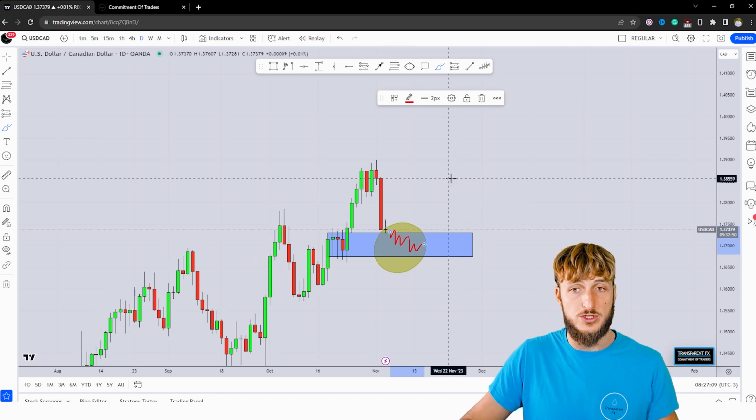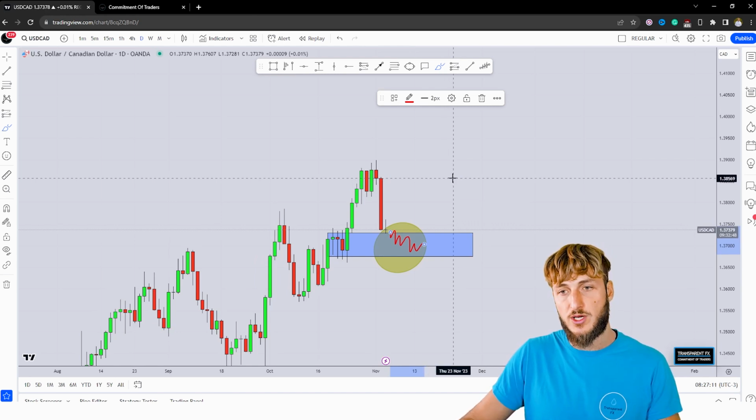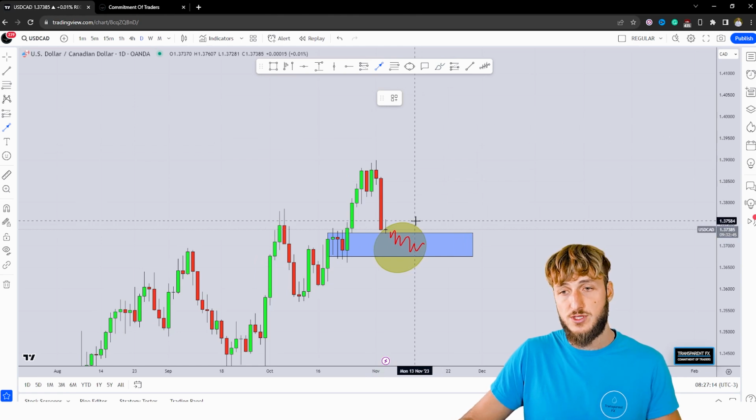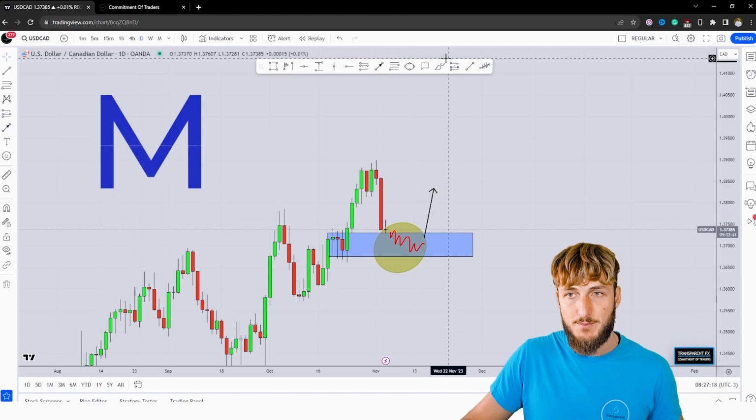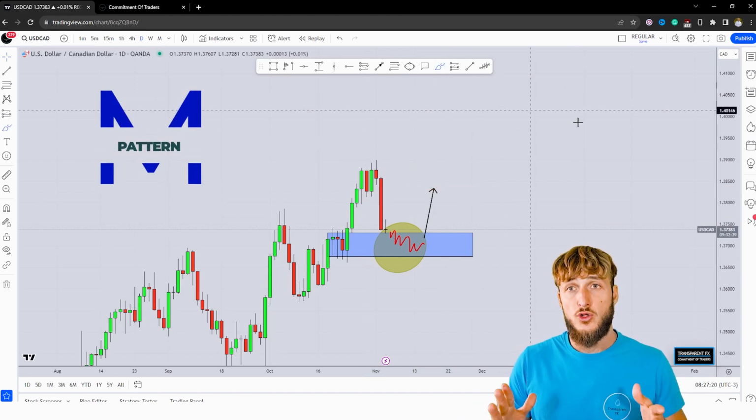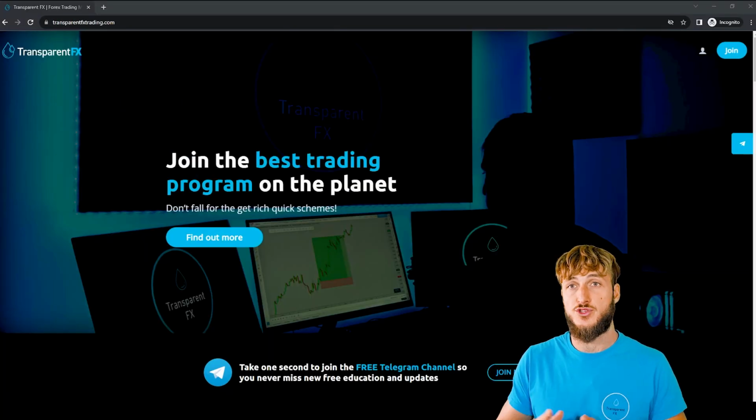And if the market would shift from an intraday bearish to bullish market and provide to us one of our valid entries, we could be looking for a potential move higher for the completion of this M pattern at the neckline. Now, if you don't know what I'm speaking about when I say valid entries and these kinds of things,